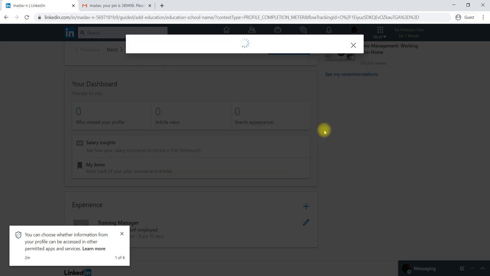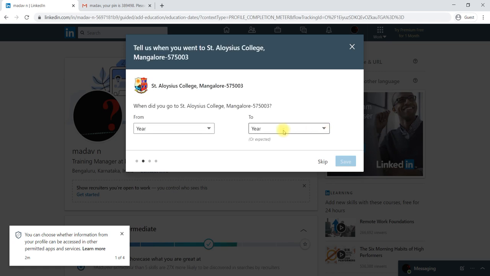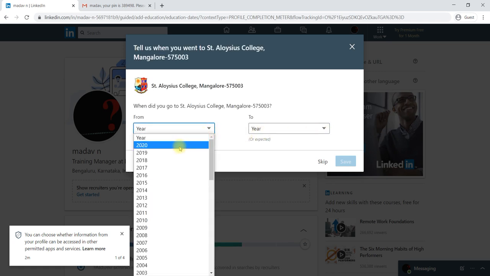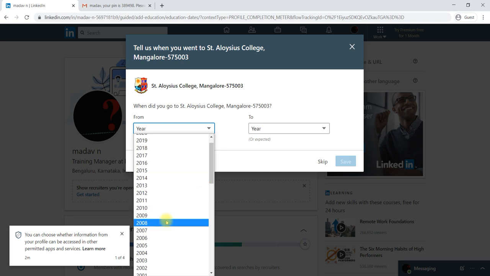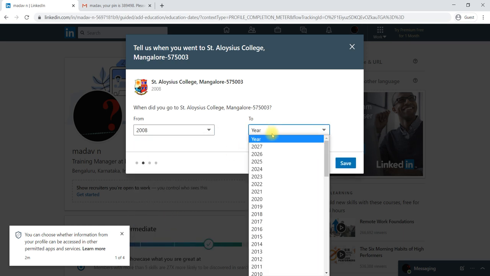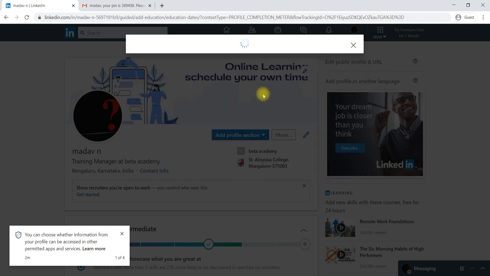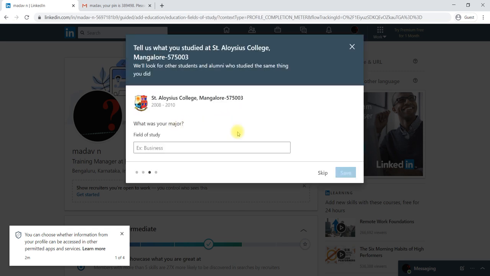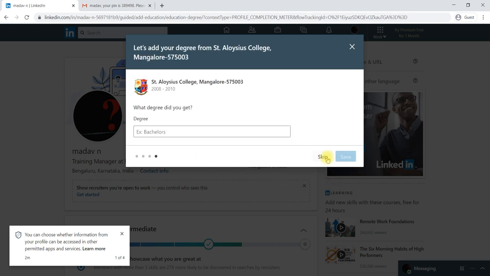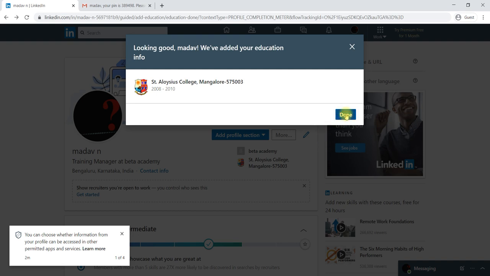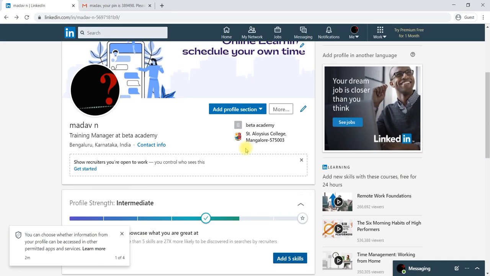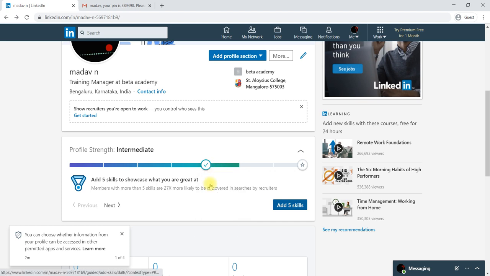Add to profile. Okay, when you completed it, from when to when, you can give that. Okay, you can skip some of the things. You can give the bachelor's degree that you have done. All the information you can give, so that it will improve the strength of the profile.